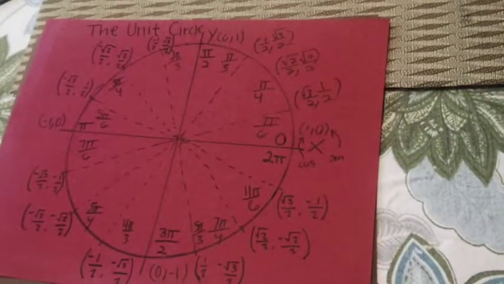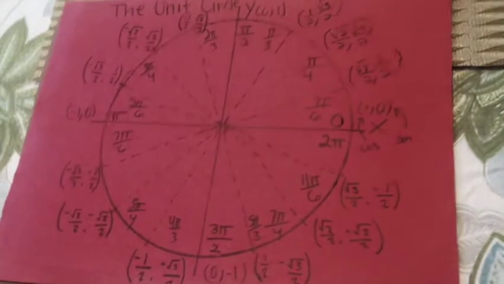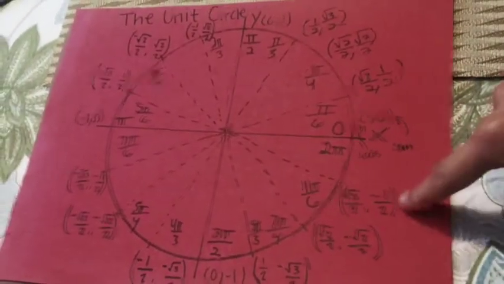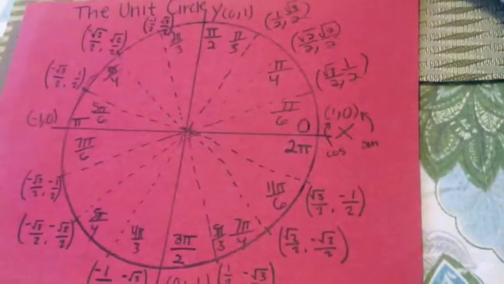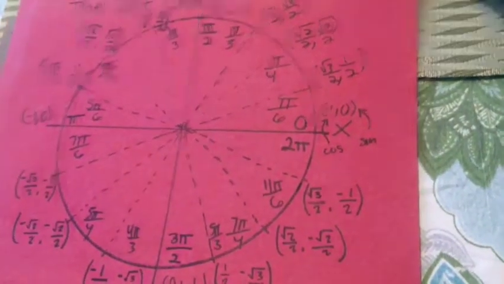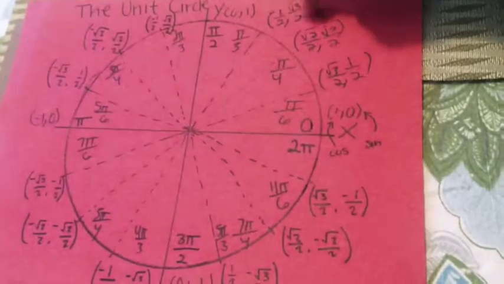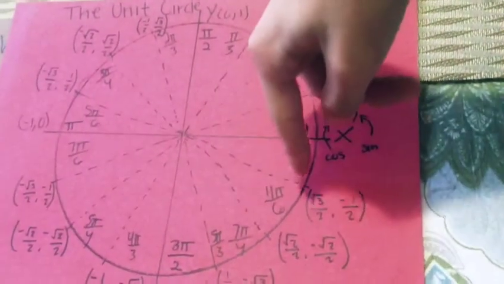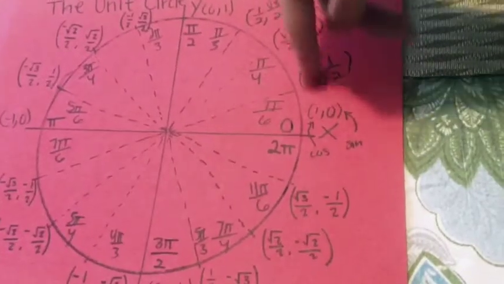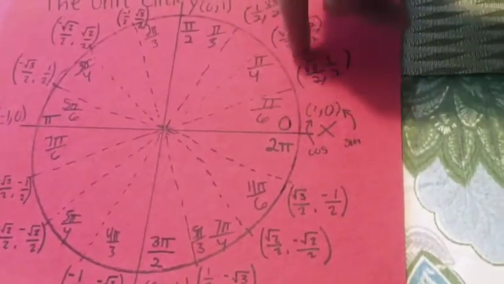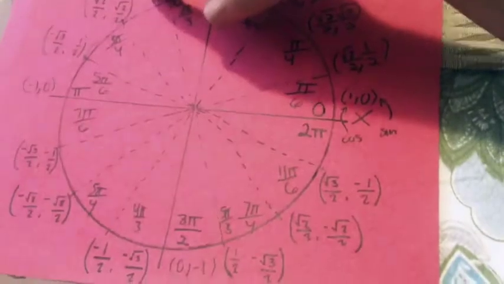Now that you have all the information, you can figure out the rest of the points for the angles. And the only thing that changes is you might have a negative sign. The thing you have to watch out for is maybe having a negative sign on the coordinates. Like in the first quadrant, everything was positive. But in the second quadrant, there are some negatives